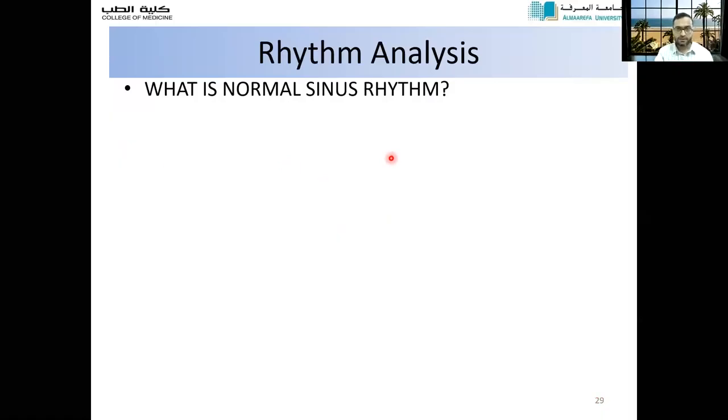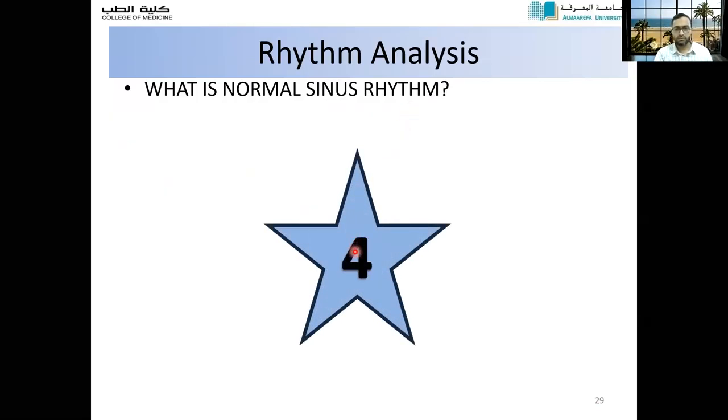Before going for rhythm, we should know what is normal, because we might have many beginners with us who have not done the cardiovascular block. So what is the normal rhythm of the heart? Normal rhythm of the heart is known as normal sinus rhythm. What does it mean by normal sinus rhythm? An easy way of remembering it is a star criteria. To label the rhythm of the ECG as normal sinus rhythm,